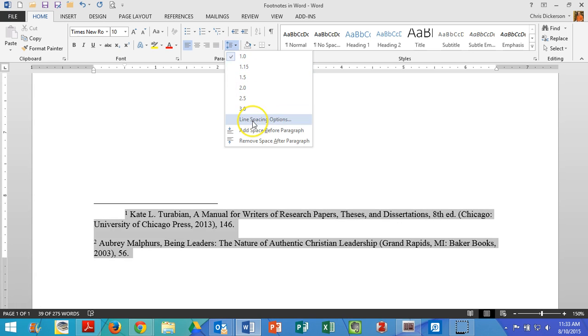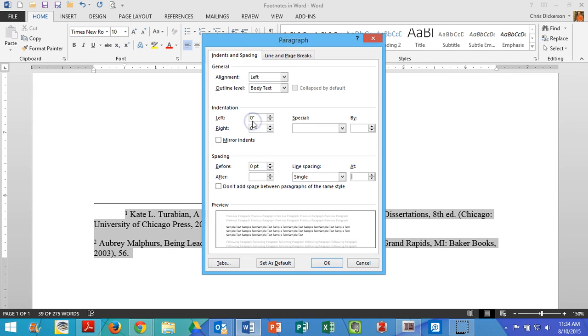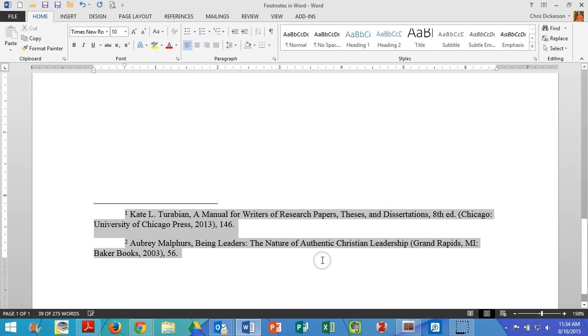So we're going to go down to line space options. Then here under the indentation section, we're going to choose special first line. That's going to add the spacing at the beginning. And there we go. Now let's go back and insert another one, and then we'll show, whoop, we forgot to make these